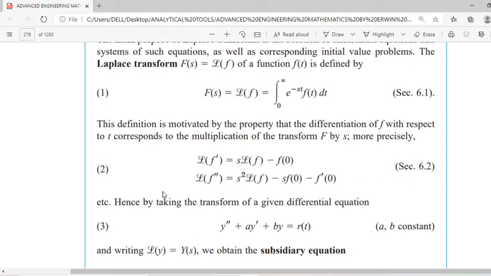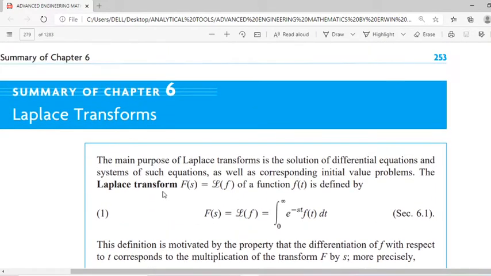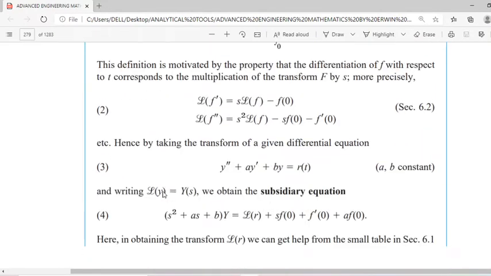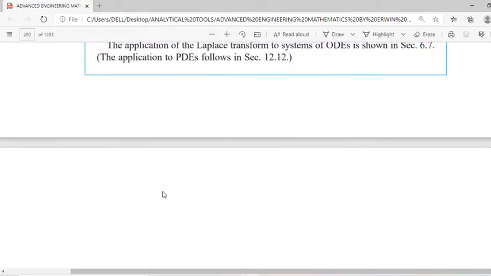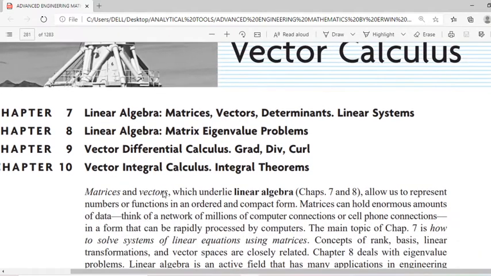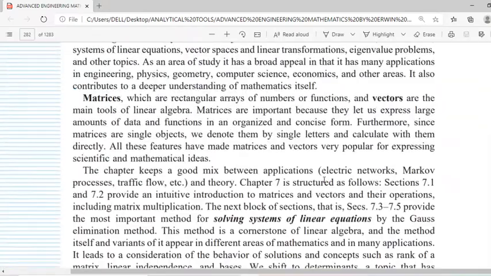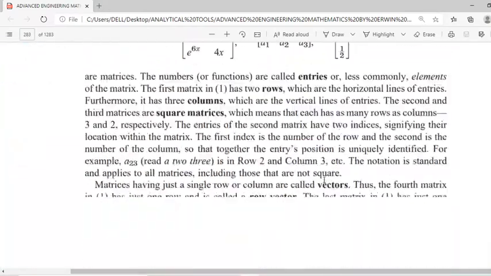Okay, I think it is over. Laplace transformation section is over. What is this? This is the summary of the chapter. Okay. So anyway, let me stop the discussion of Laplace transformation today, and we will move to the Fourier series,